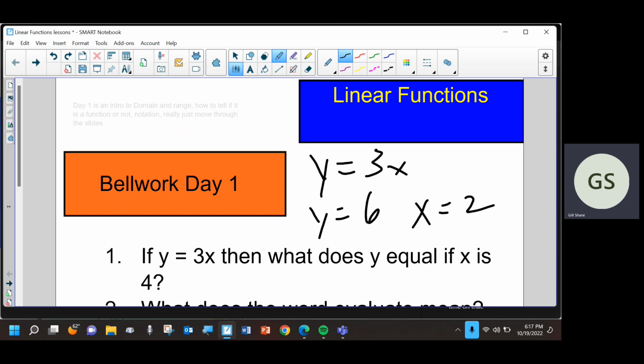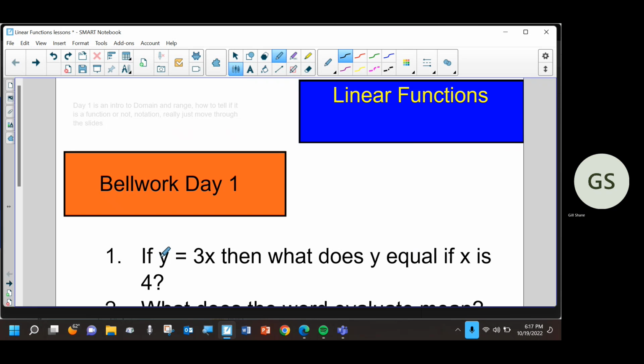So the next piece of this problem says, what does y equal if x is 4? That's where the word evaluate comes in. So if we were to say evaluate y or just evaluate the equation if x is 4 or when x is 4, that would just mean we're going to take the equation that we start with and we're going to say,